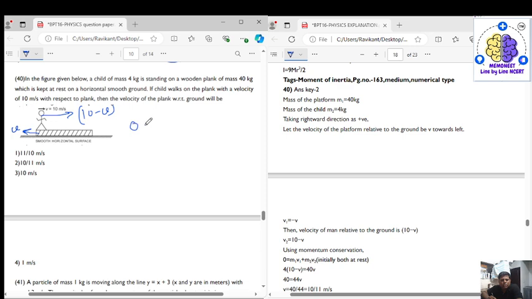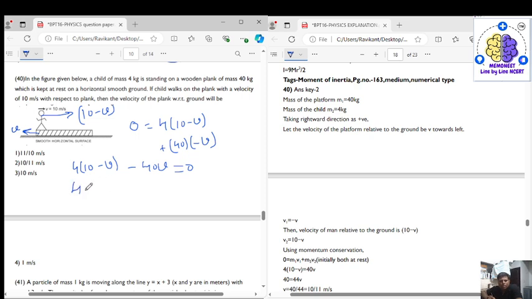So 0 equals the mass of the child, that is 4 into 10 minus v, plus the mass of the plank, 40, into the velocity of the plank, which is minus v. So from here we get 4 into 10 minus v minus 40v equals 0,